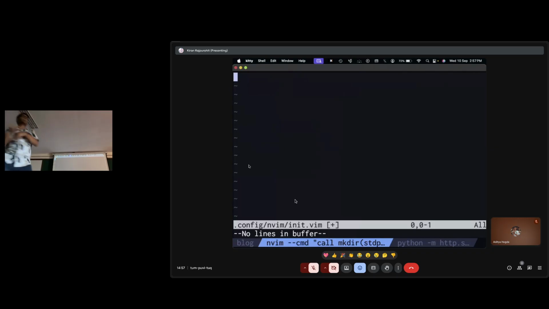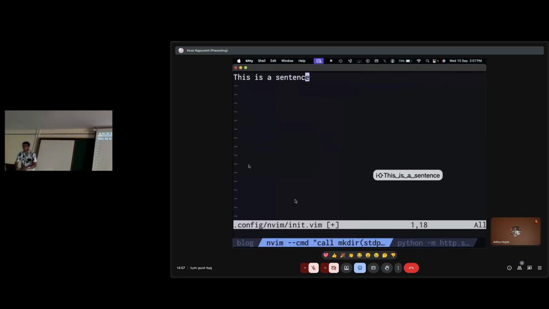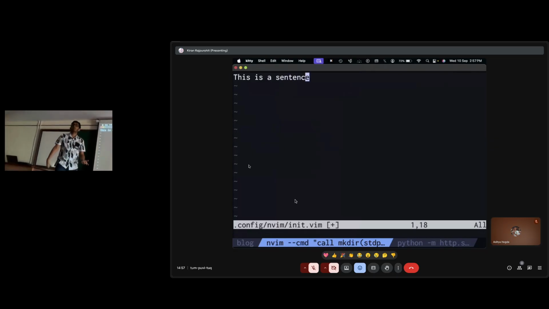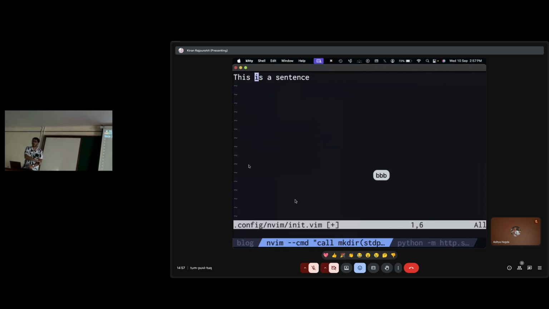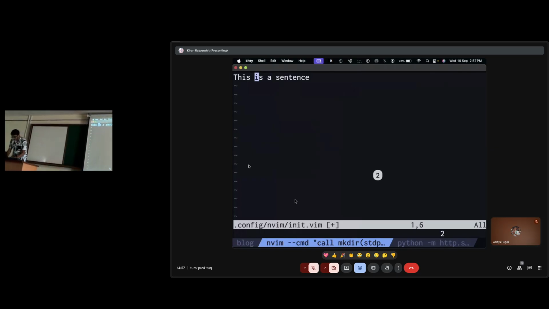This is a sentence. Okay, so let's just write that. Right, I'll type this. This is a sentence. All right. And what do you want to copy? So you want to copy these things, right? So what will it do? You go backwards. So you press B, right? So now you're at the start of "is", and you want to copy "is a", all of this. So these are 2 words. So what can I do? You can do 2YW.